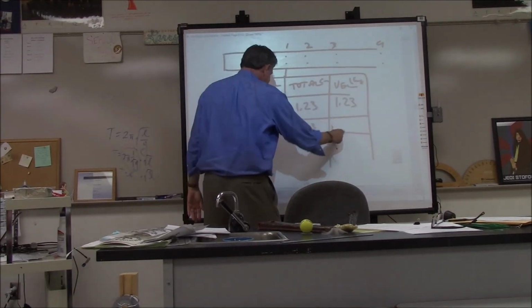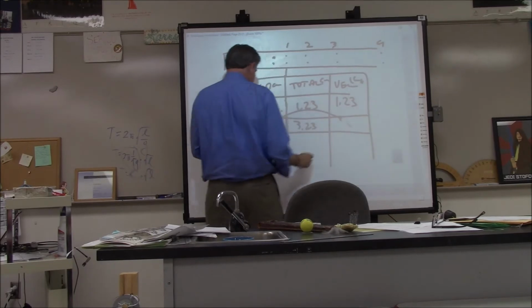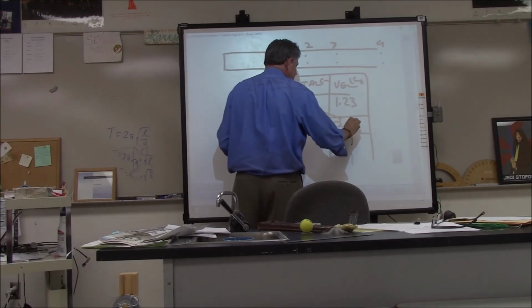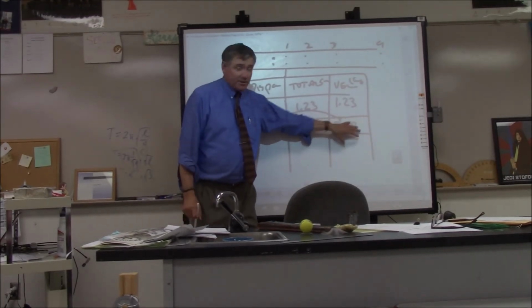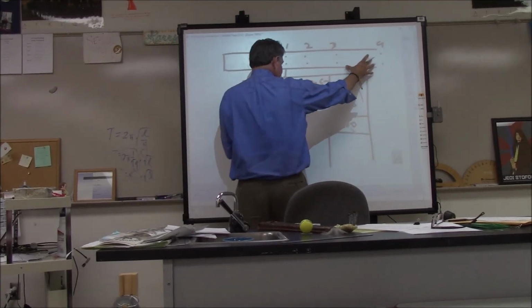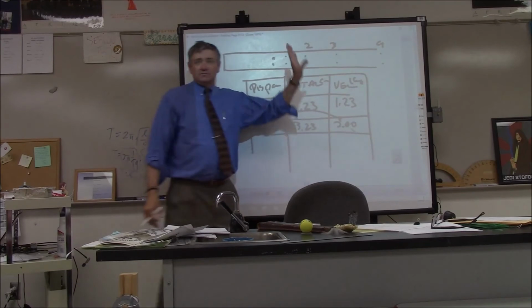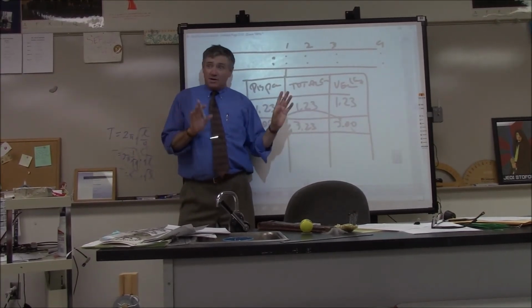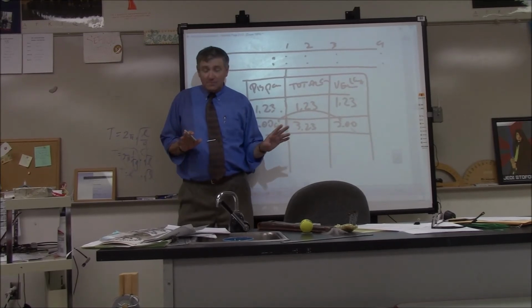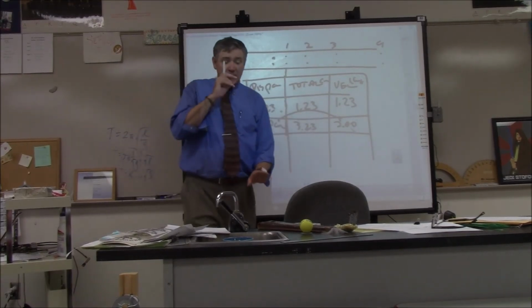Now, this velocity is going to be 2 centimeters per interval, because we're saying this is how fast we're going. So your far left and your far right columns are going to be the same numbers. They're going to mean completely different things, but they're going to be the same numbers. Okay? So, you're going to do that for 12 intervals.